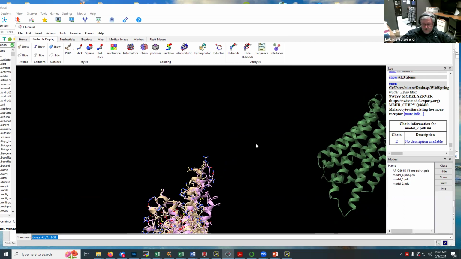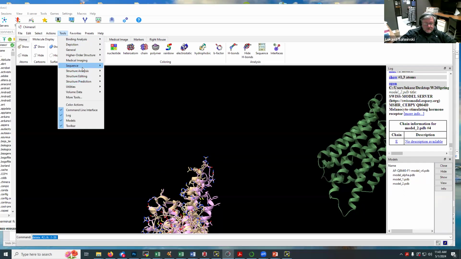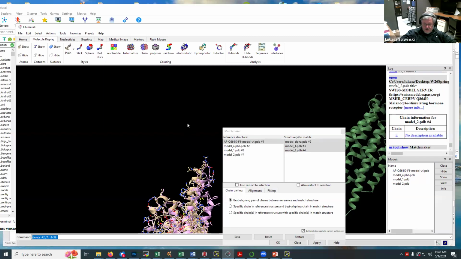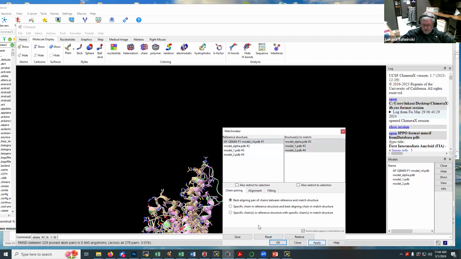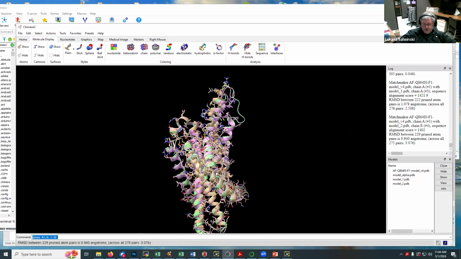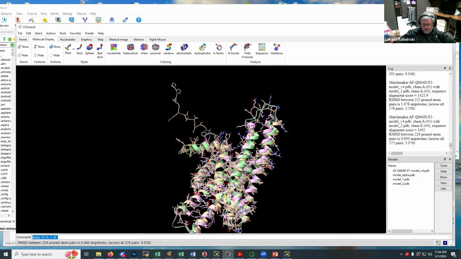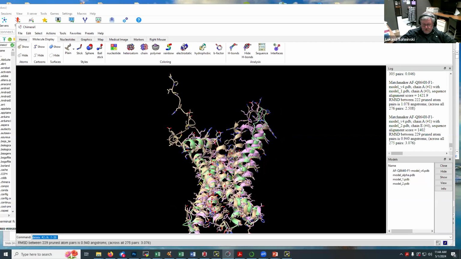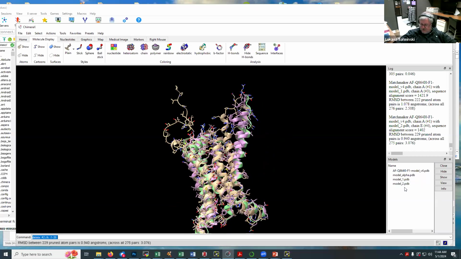So we've got to overlay it with the other three. So that's once more tools, structure analysis, matchmaker. We once more are using the initial AlphaFold as the reference and move everything else in place. We apply, and now the green thing pops in where it should go. Let's get rid of the window, move it back here. Okay, so now